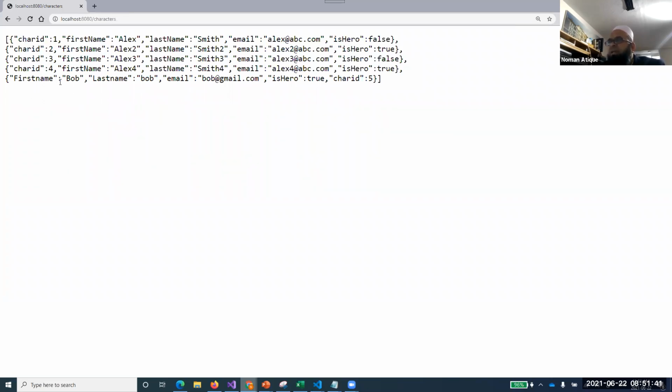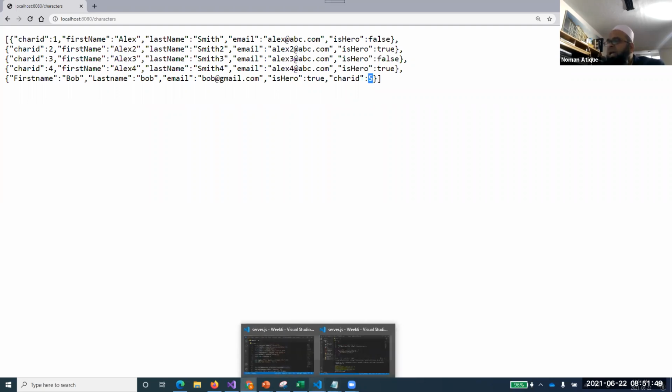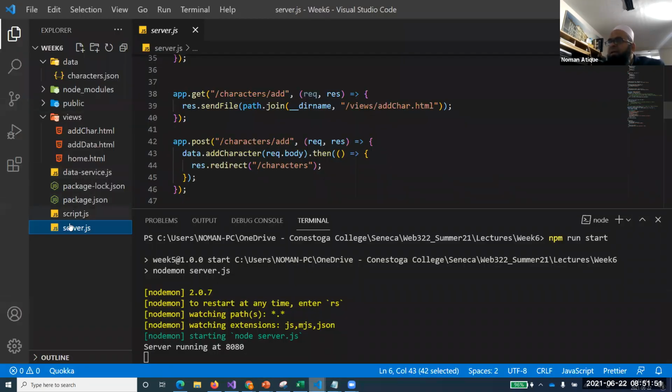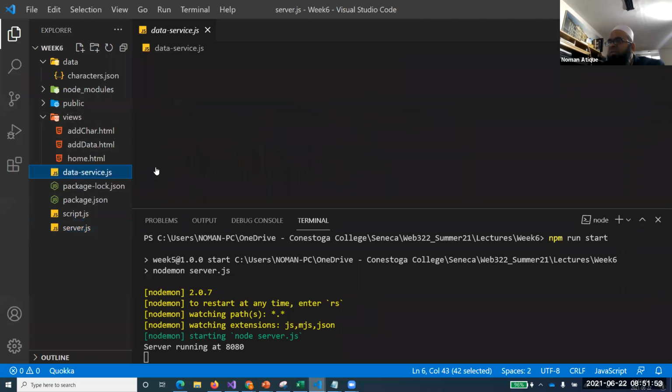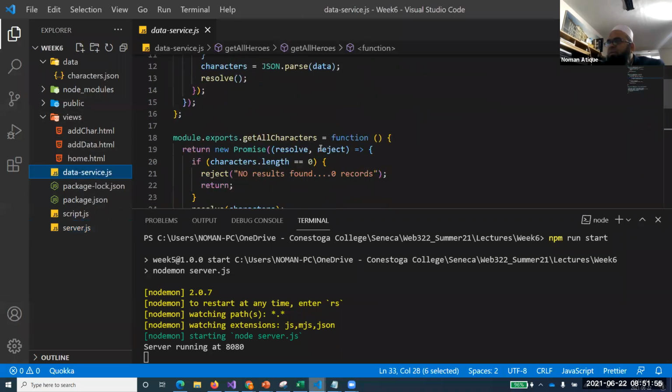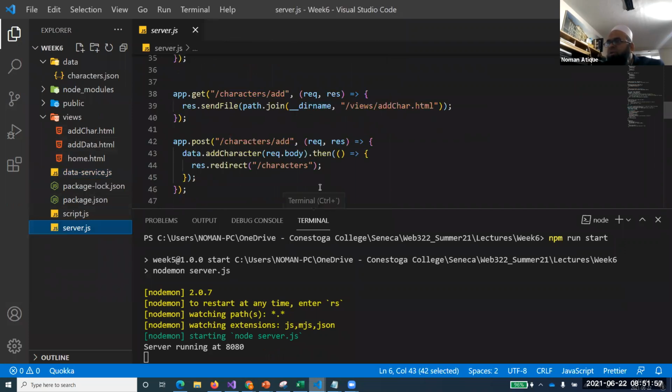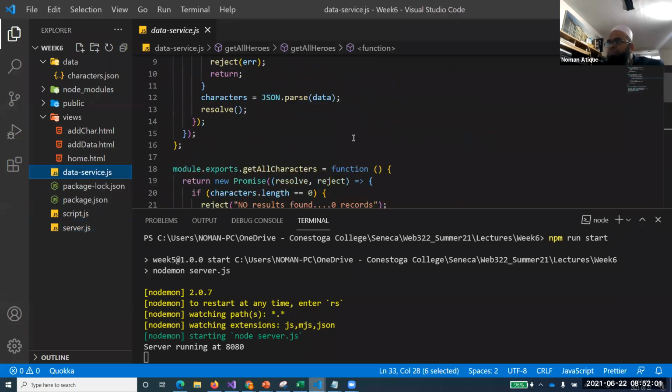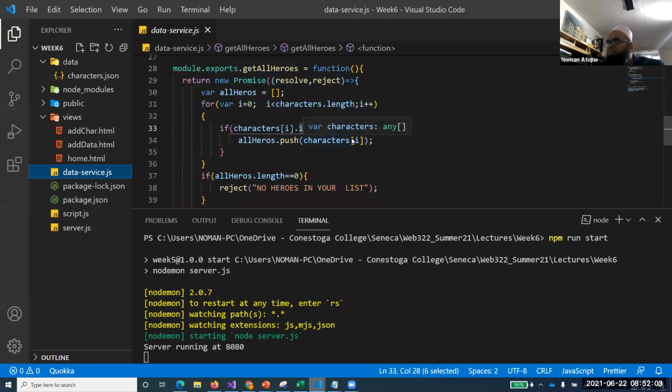It's not in the right sequence it is representing, but it's character ID 5. Where has this 5 come from? Of course, automatically generated. I have given this logic in my data service, I'm sorry, in server, where did I give that logic? Yeah, so here.